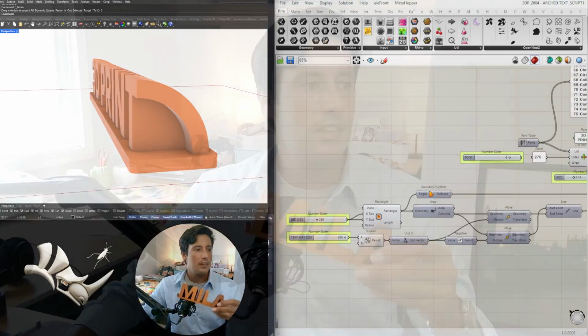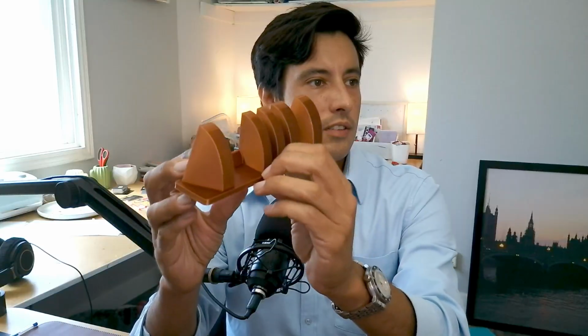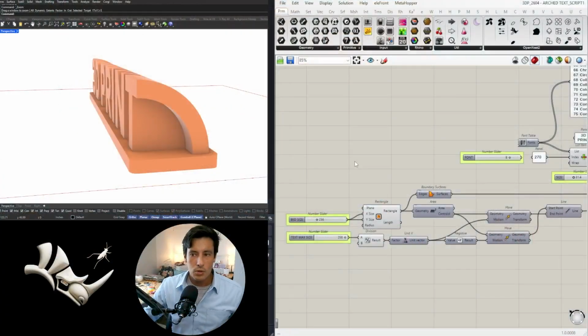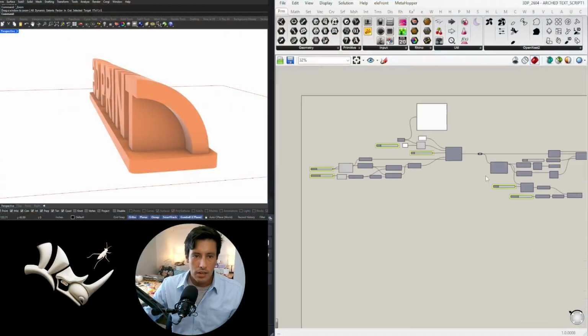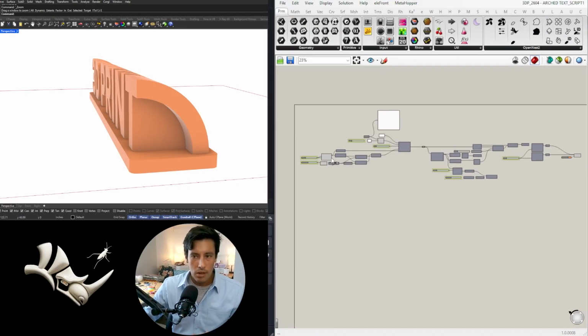what it looks like printed. So here I have my daughter's name and it looks really clean. It prints without supports. And so I wanted to show you more than anything what that looks like. And then here, let's go into the script and I'll show you all of the steps that I took for creating this. It is a pretty short script, but I'll show you all of the capabilities that you can do